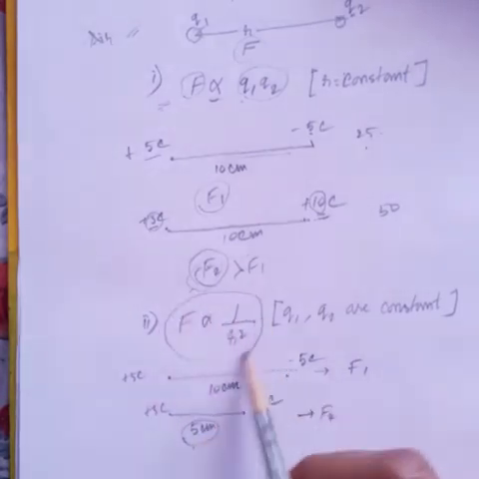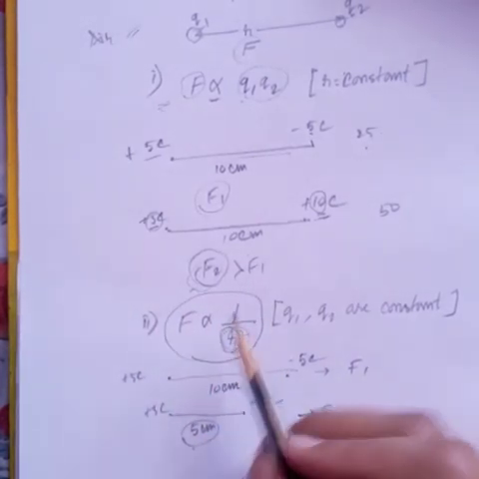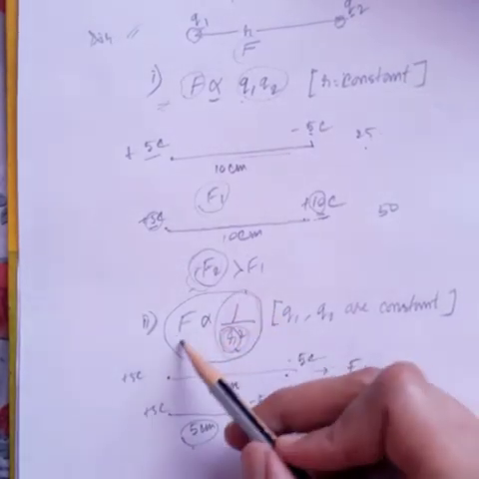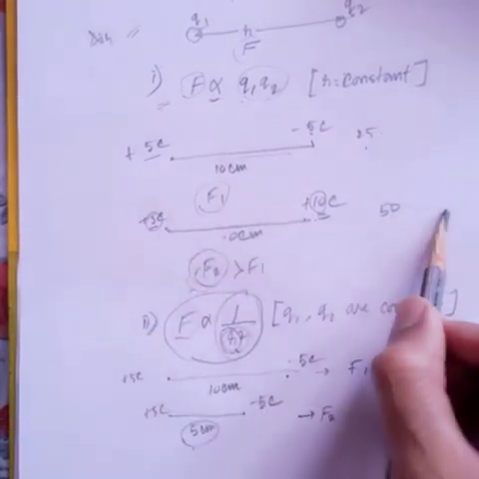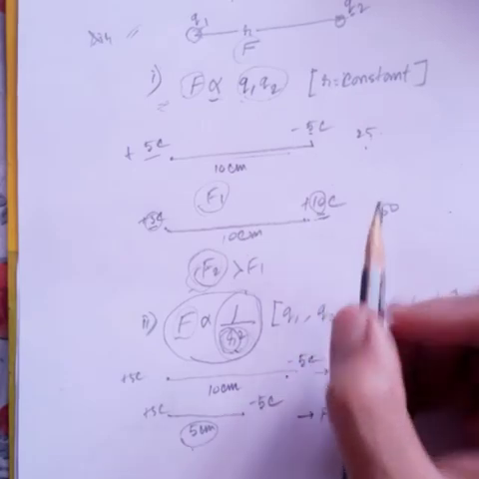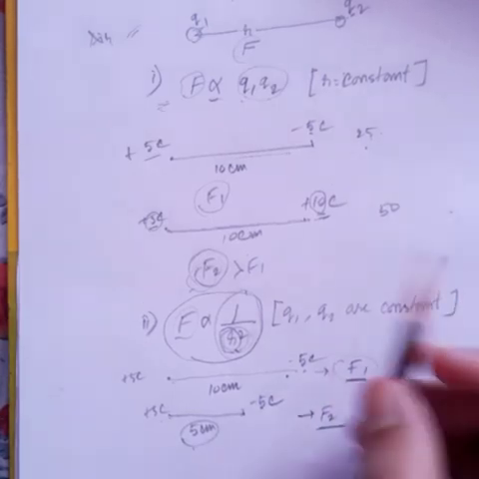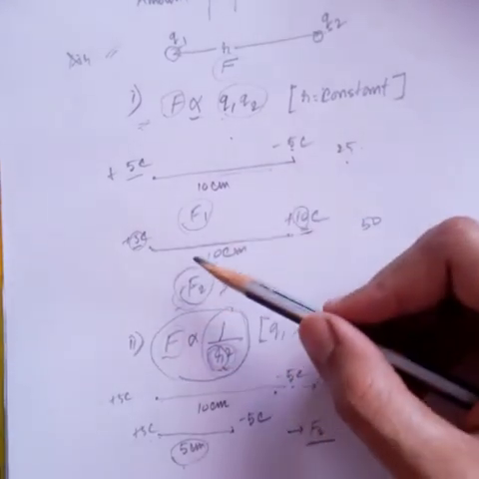Now according to this law, if the distance is more, the square will be more, and if the square is more, since it is in the denominator, the entire value will reduce, right? So therefore the force will also reduce. It means that if you take the charges away from each other, they will feel less force. So in the second case, since the charges are close to each other, they will experience more force compared to the first case. These two, point 1 and point 2 together, are called Coulomb's law.